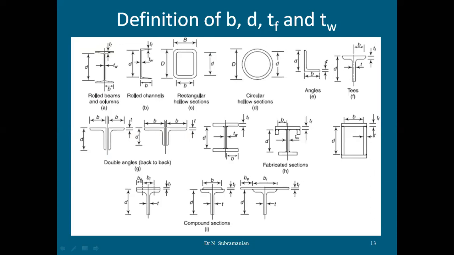So based on the thickness to width ratio, your top compression flange is going to be designed. If it does not have proper thickness, your compression flange will buckle. Do you understand? So every section is to be designed in such a way that it should always satisfy its aspect ratio. Whatever width you provide, you must provide the corresponding thickness. That is the parameters you have to understand. Please go through these sections once. Here you can see what is meant by width, depth, thickness of the flange, and thickness of the web.